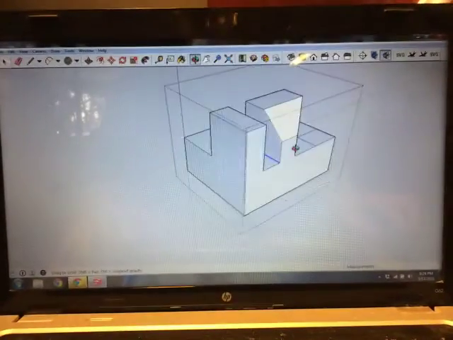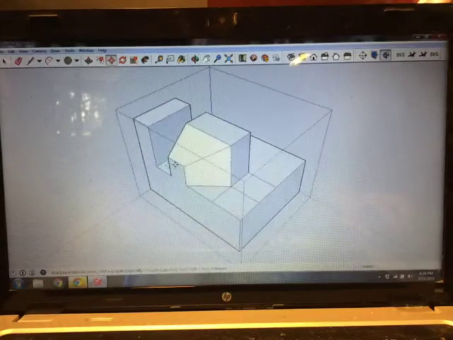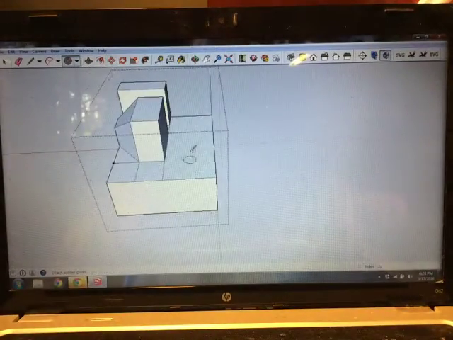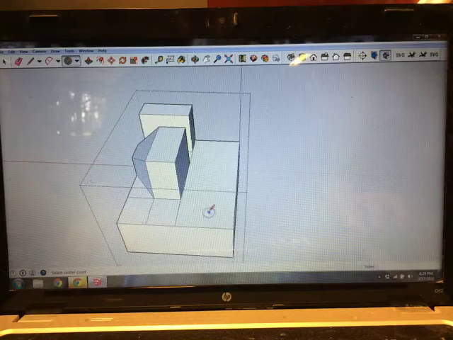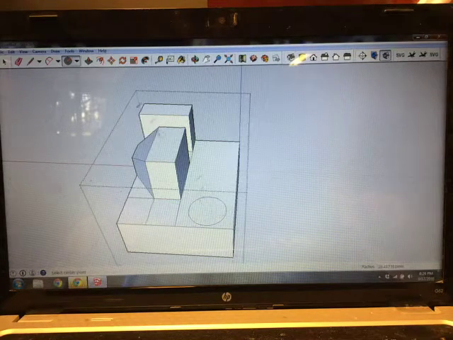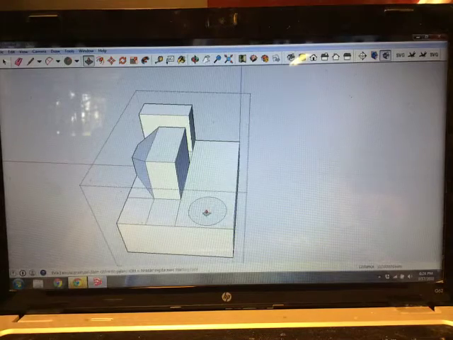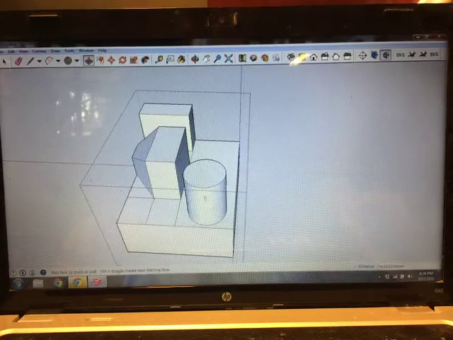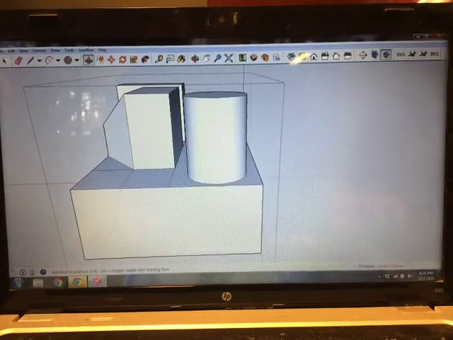Let's see what else there is. Let's say you wanted a hole. No, let's do something more complicated. Let's say we wanted to put a hole through a rod. This is starting to get a little more complex. For SketchUp, if you have the Pro version,